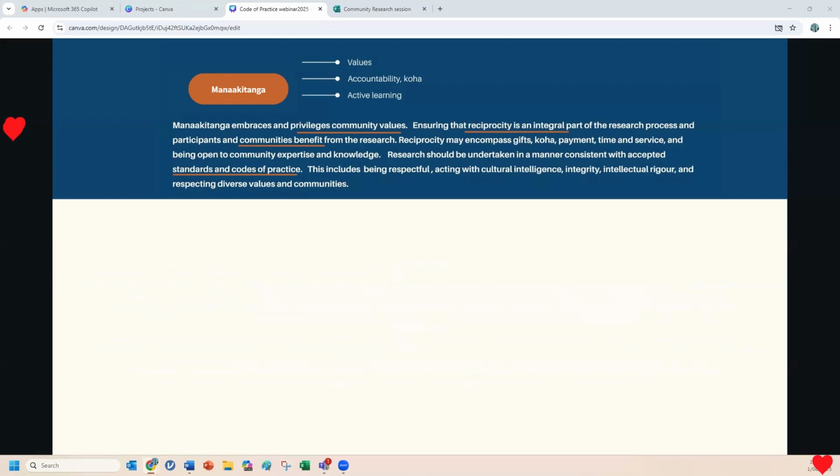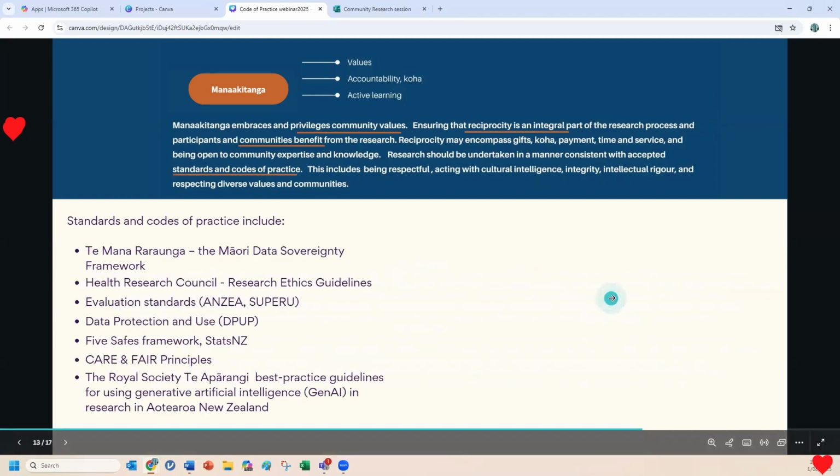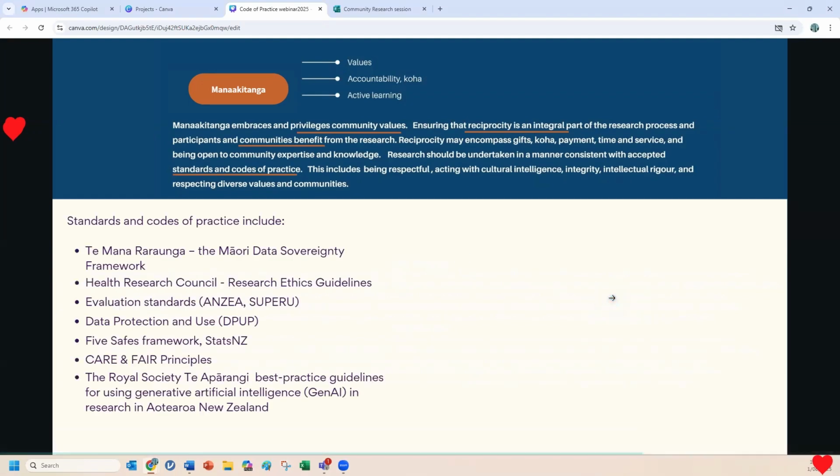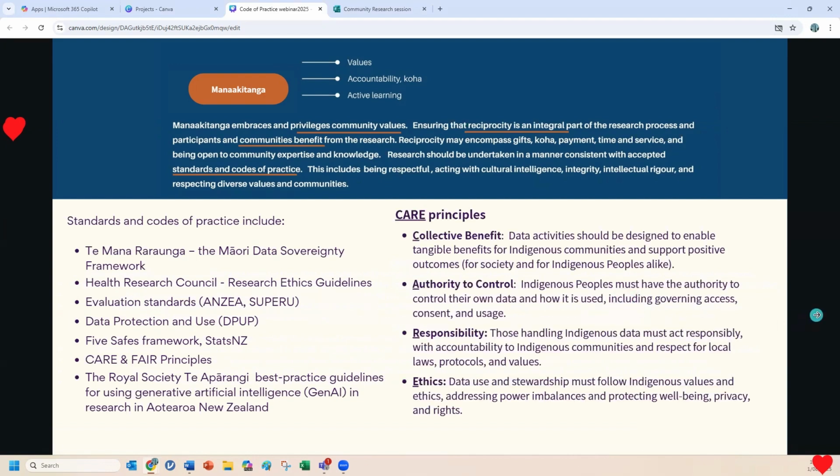Again, these are optimal. Standards and codes of practice. So I've just put a few down there of those that are around. And I think I've included the beginnings around generative AI because I think that's a really important space as well that needs to be engaged with when working with communities. Quite a few of them are data oriented. One of the key ones around